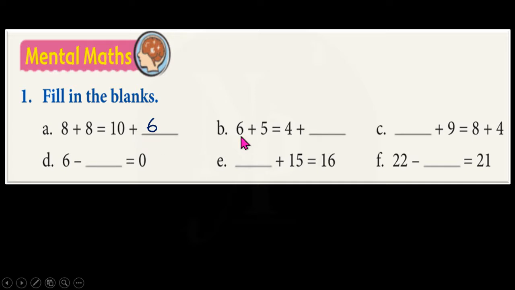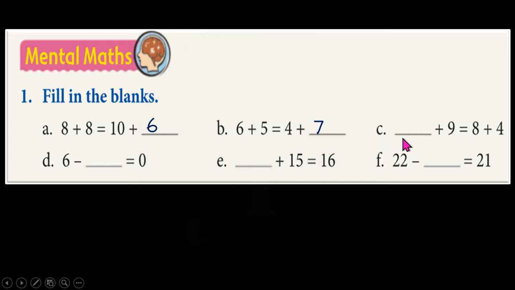B, 6 plus 5. So what do we get on adding 6 and 5? 6 plus 5 is 11, which can also be written as 4 plus 7. So when we add 4 and 7, we get 11. Therefore, we can write 6 plus 5 as 4 plus 7 also. On adding both of these, that is either 6 plus 5 or 4 plus 7, we get 11 as sum. Now let us look at next question.